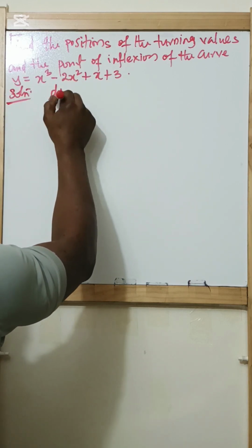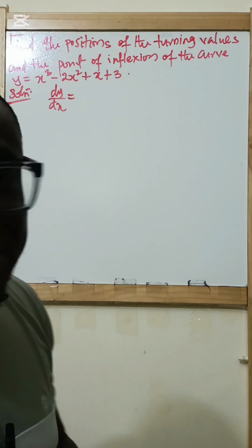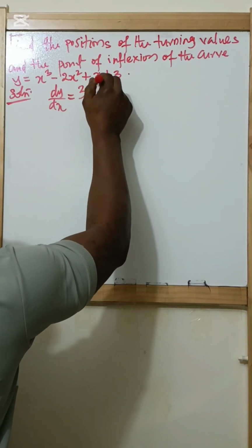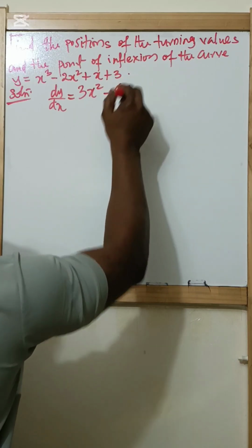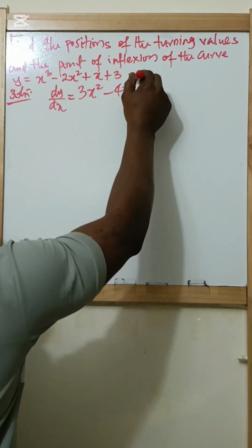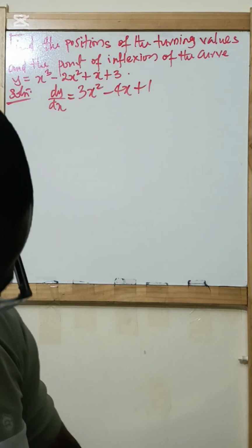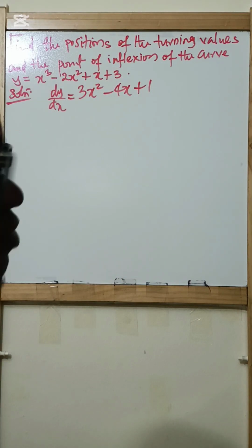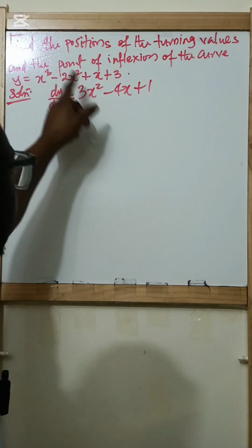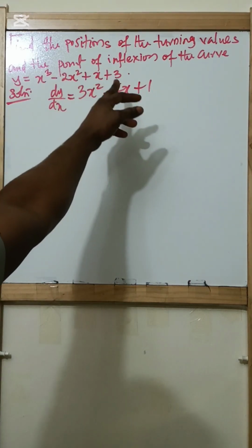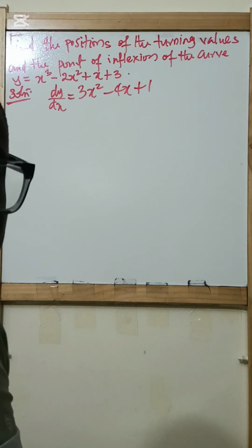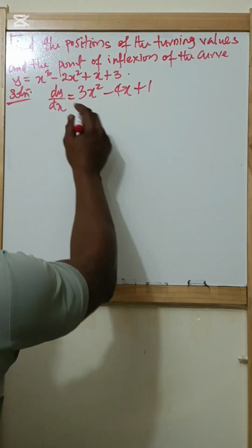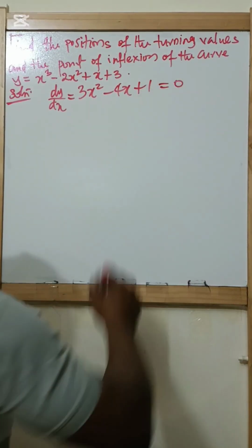The dy/dx is going to be, when we differentiate, 3x squared minus 4x plus 1. What we do here is multiply the power by the coefficient and subtract 1 from the power, and we do that for each term. The derivative of a constant is equal to 0. So what we do next from here is equate this to 0 at the turning point,